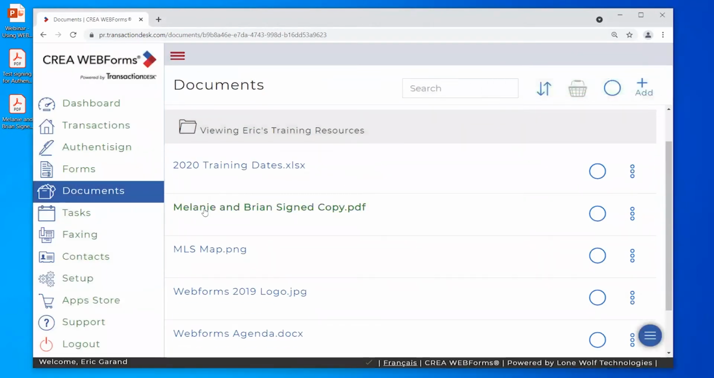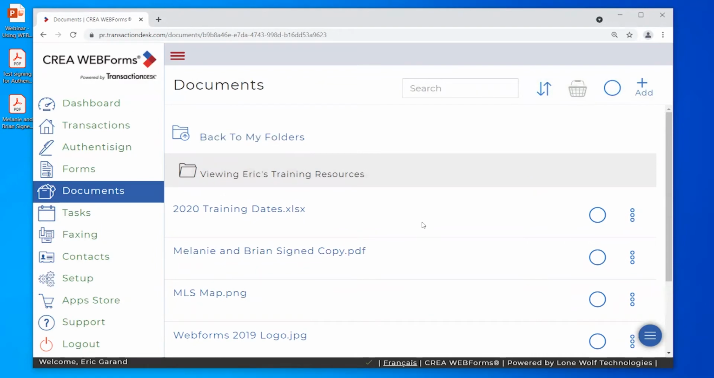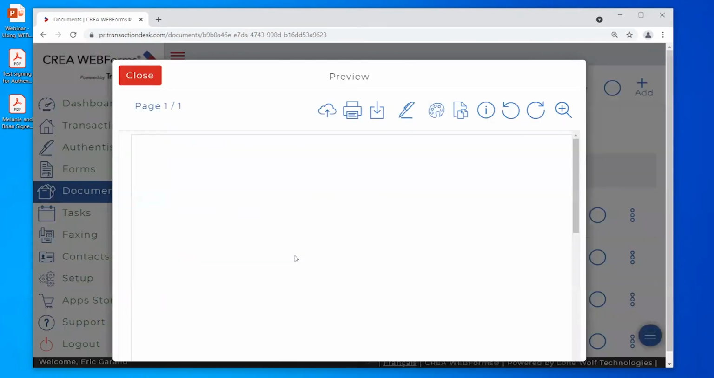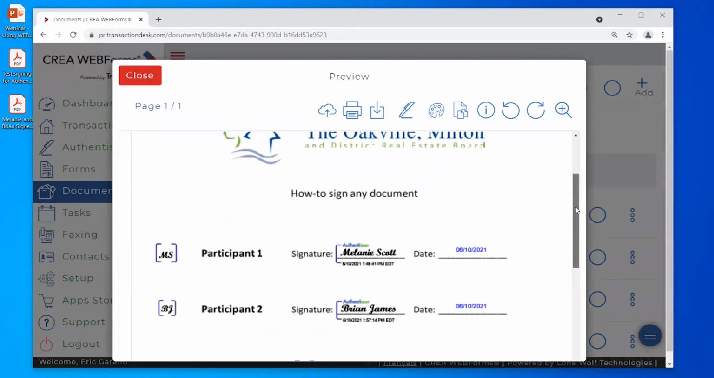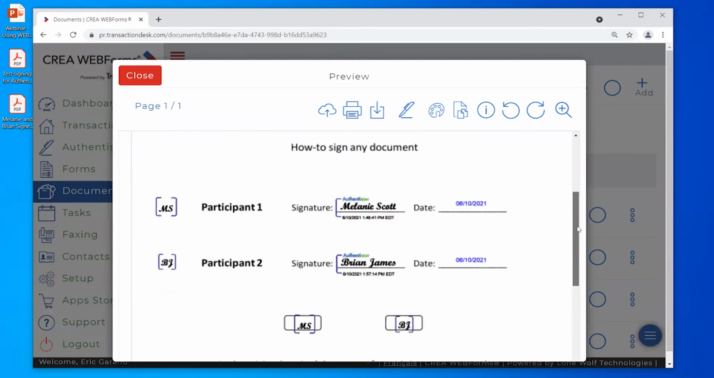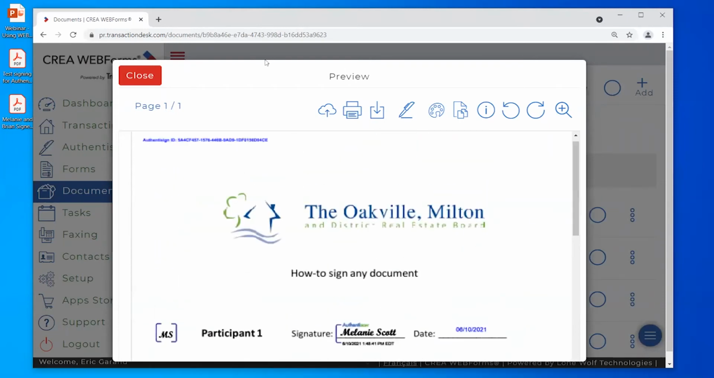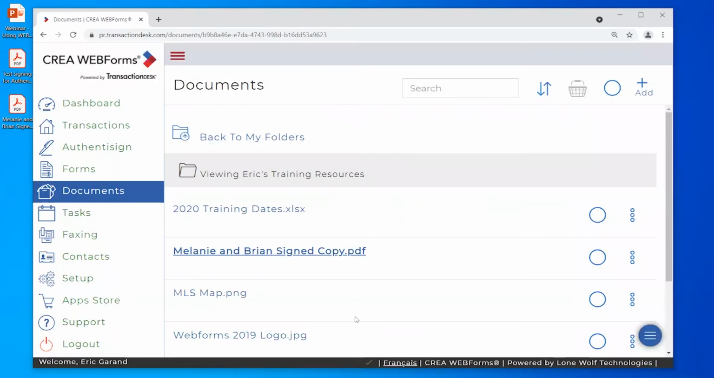Okay, here it is, Melanie and Brian's signed copy. As long as I can log into web forms from the device that I'm on, I can access this PDF file. Okay, so it kind of makes it easier. I don't know if you'd prefer this option instead of carrying a little USB stick or whatever the case may be, right? If you popped it in here, you could access this from any device that you have